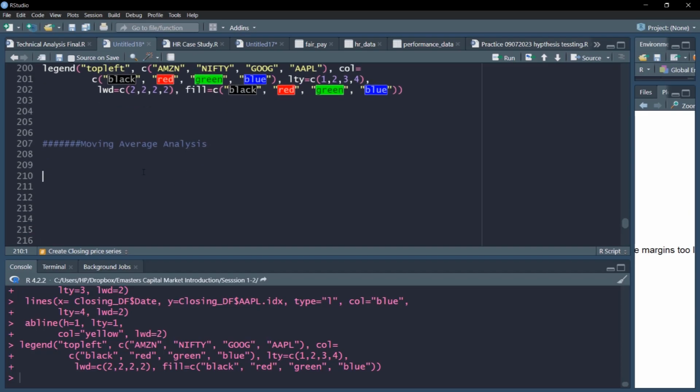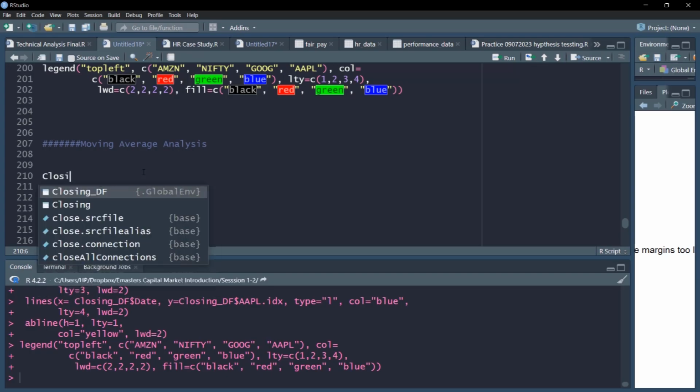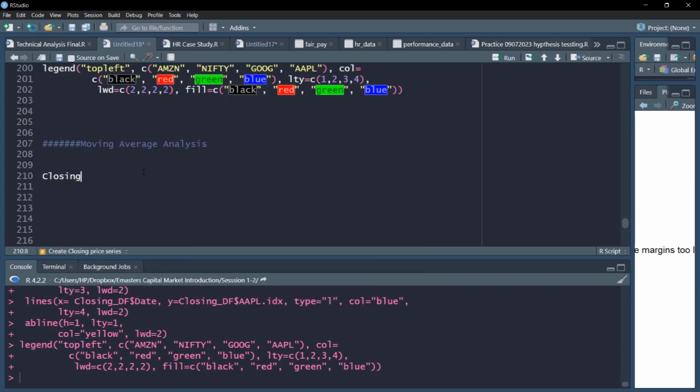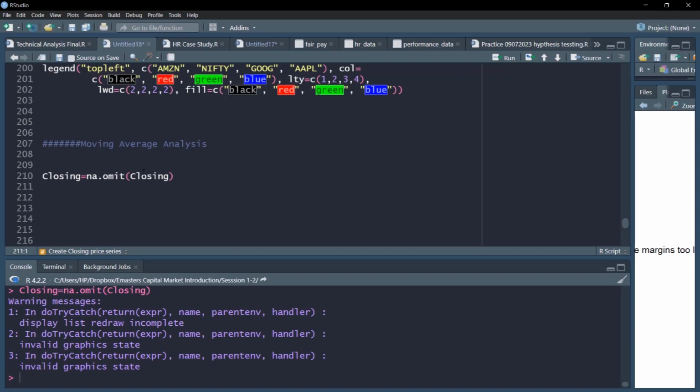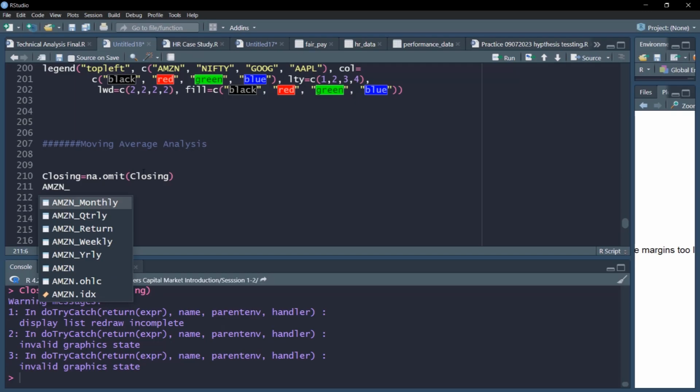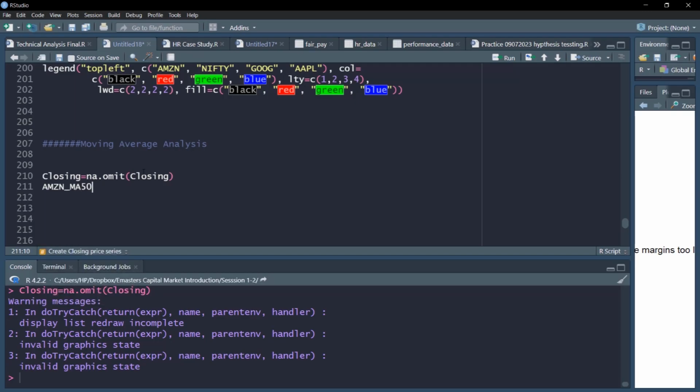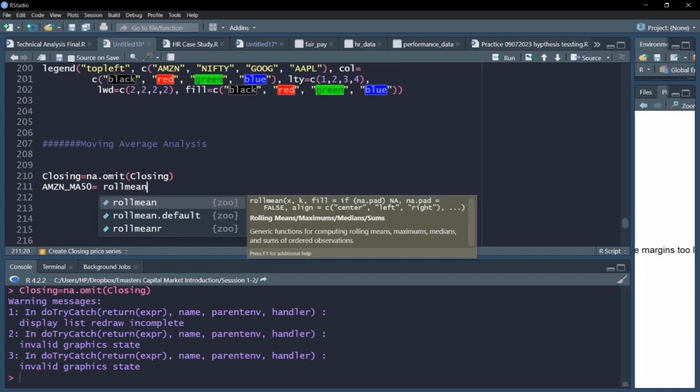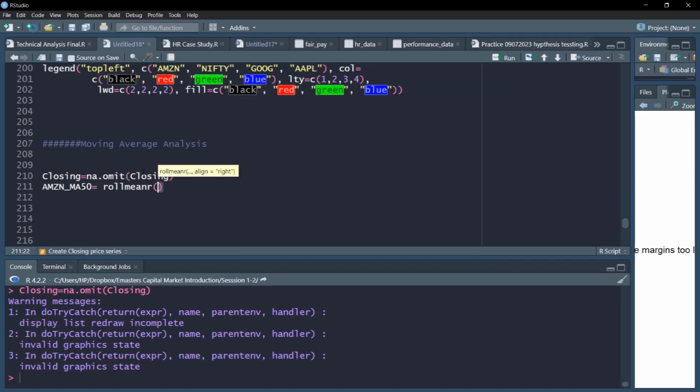First, we'll remove any not available observations in our closing data. So we'll use this na.omit to clean our closing data. Next, we'll create rolling average series for, let's say, moving average for 50 days. For analysis purposes, we'll use simple moving averages. For exponential and others, you can refer to the videos for explanation. The application is identical. So we'll use the rolling mean R command,